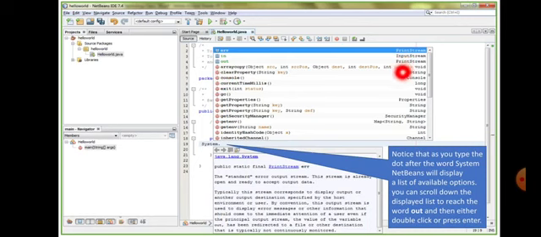What is out? Out is the print stream. As soon as you press dot, it will give you the list. You can go there, double click that to choose the next option. Clear, children?